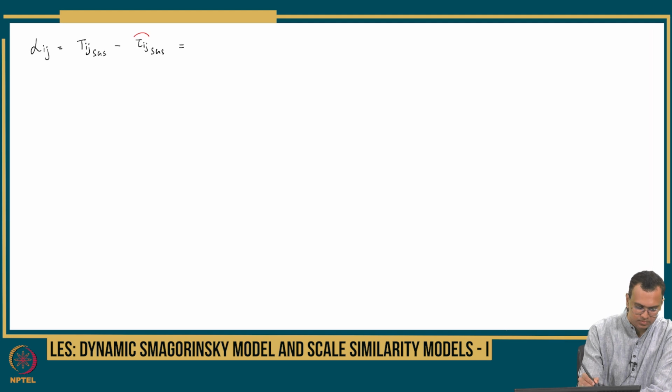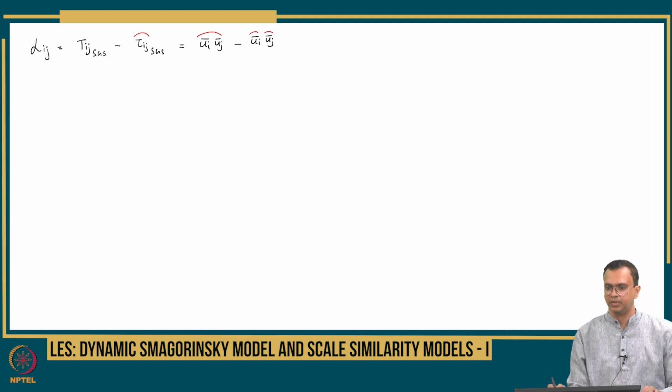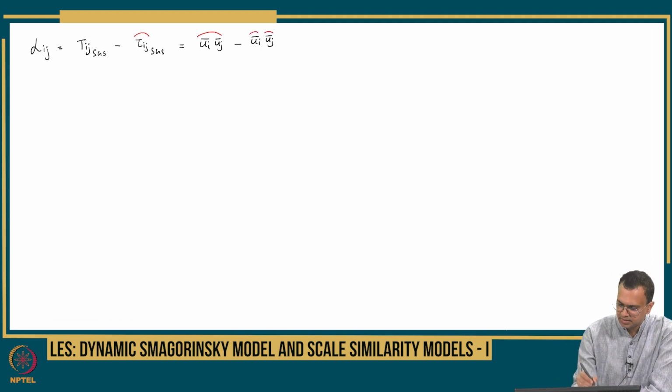This is equal to ui filtered, uj filtered, both at the grid and the test level, minus ui bar, uj bar, sorry, this is whole test filtering, and we learned that this is exact now. This entire part is